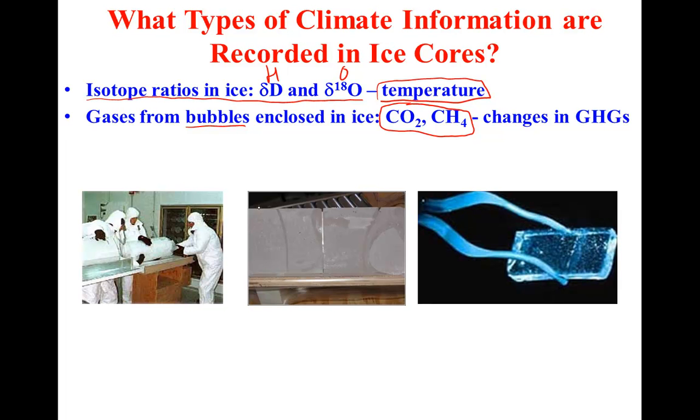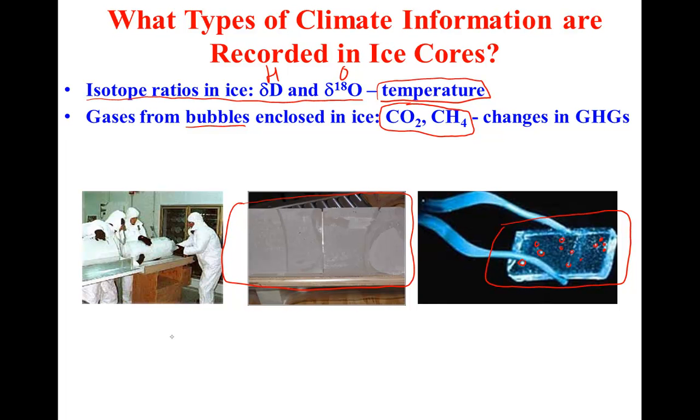Photos on this slide show you what an ice core looks like. Ice cores are drilled from glaciers and ice sheets, and have to be kept frozen, obviously, until we can make those measurements. On the right here, we see a small sample of ice cut from an ice core. You can see trapped within that ice are numerous bubbles of various sizes. It's on those bubbles that we're going to measure the concentrations of greenhouse gases. We're going to melt that ice in a vacuum chamber, extract the gases from those bubbles by doing so, and measure the concentrations of CO2 and methane.